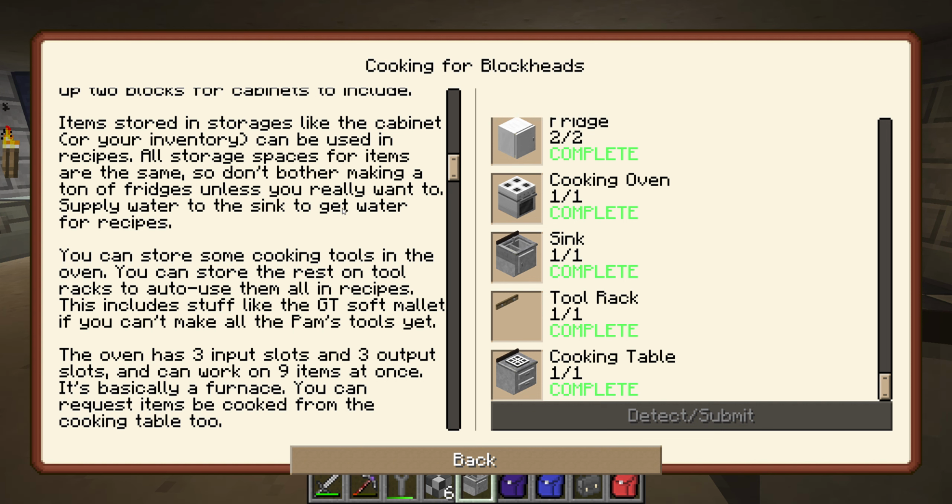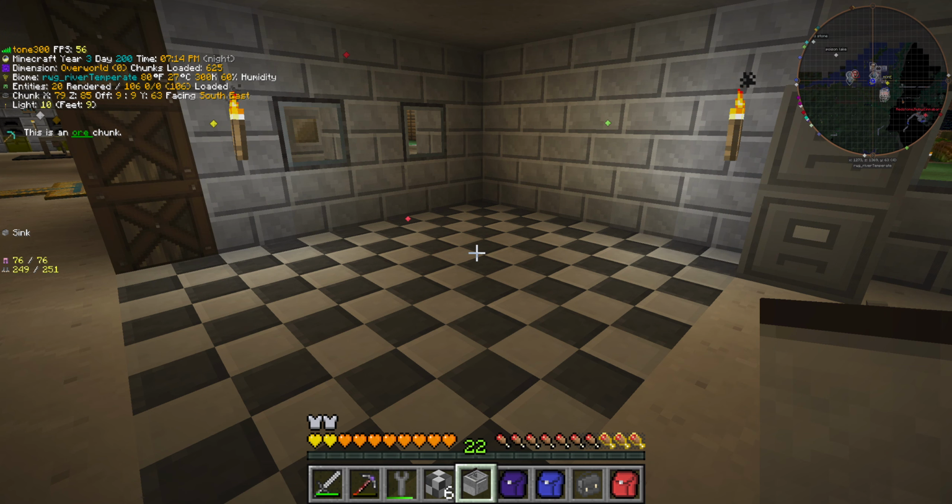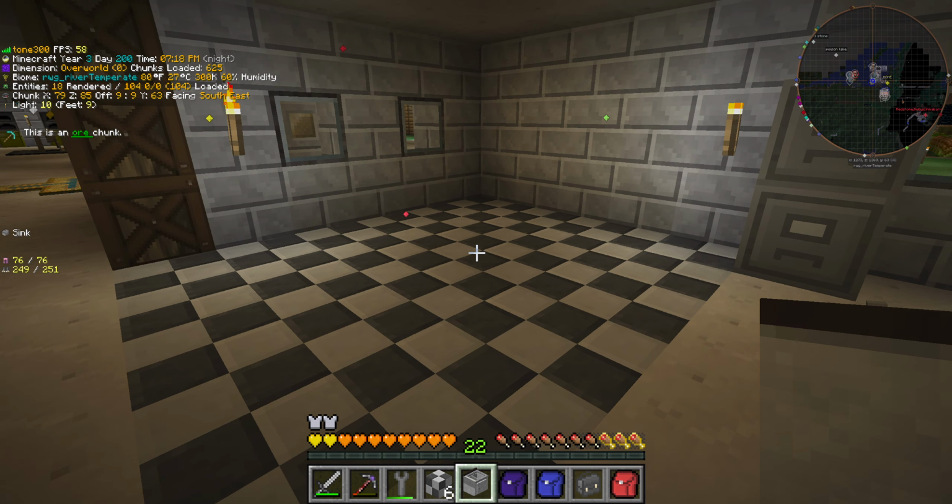Supply water to the sinks, get water for recipes. So I think you could probably feed it from underneath, in which case it can go anywhere. In fact, it's better if it is against the wall. Other than